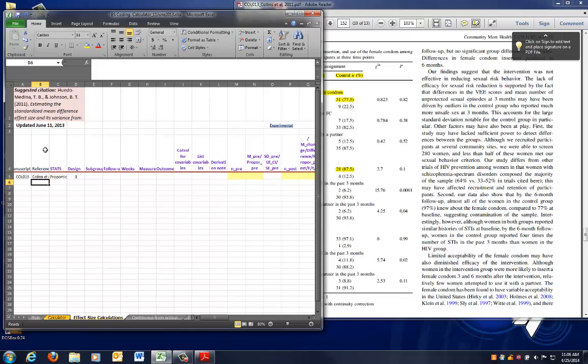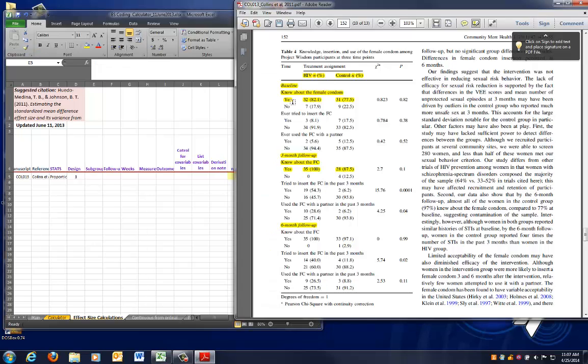The reference column is just a quick reference to the study you're doing, so the author and the year. The stats column is the stats you're using, and the design is the design of the study, so this is all carried over from the calculator we chose, which is proportions and design 1, 2 groups pre-post. Subgroup, you're just going to identify what groups you're comparing. In this case, you can just do